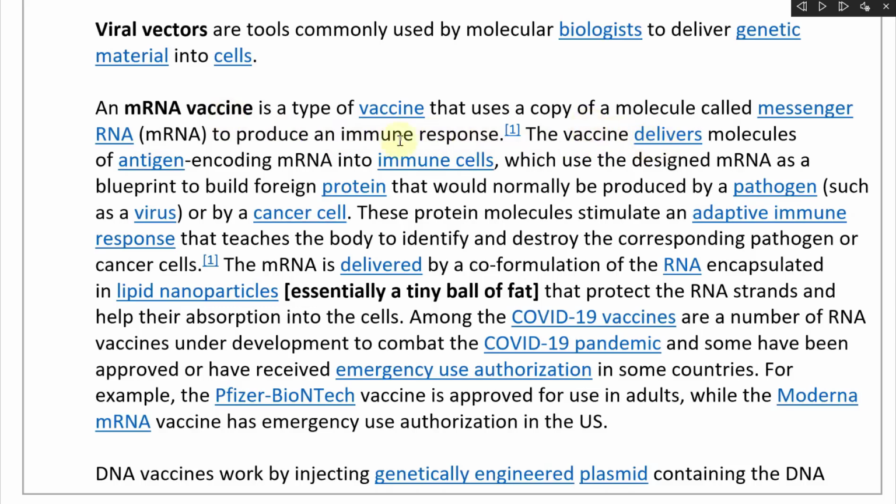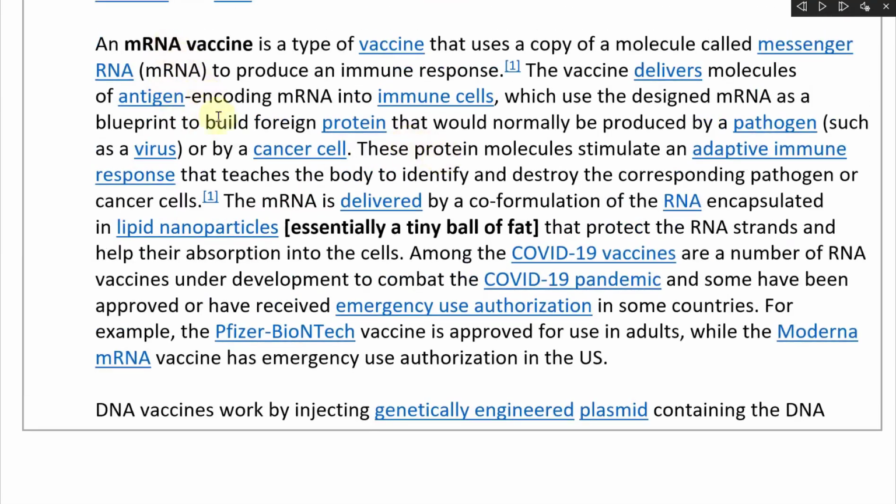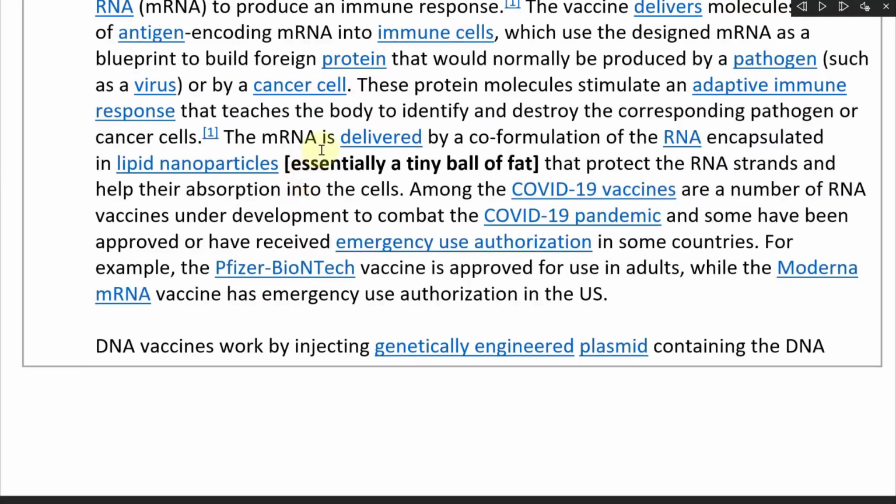The vaccine delivers molecules of antigen-encoding mRNA into immune cells, which use the designed mRNA as a blueprint to build foreign protein that would normally be produced by a pathogen such as a virus or by a cancer cell. Yes, mRNA vaccines for everything. These protein molecules stimulate an adaptive immune response that teaches the body to identify and destroy the corresponding pathogen or cancer cells. The mRNA is delivered by a co-formulation of the RNA encapsulated in lipid